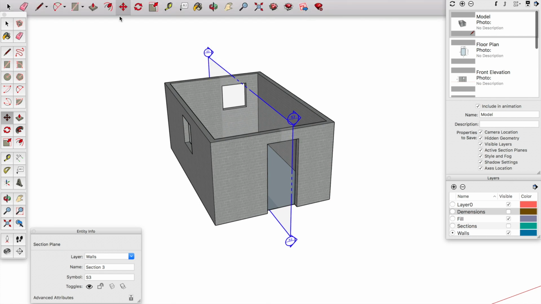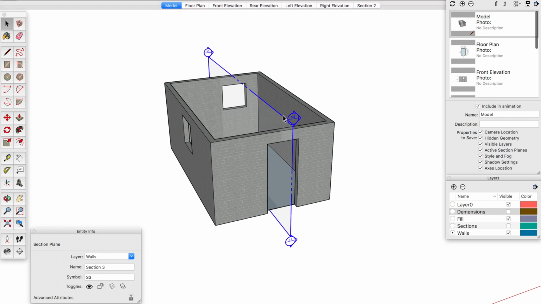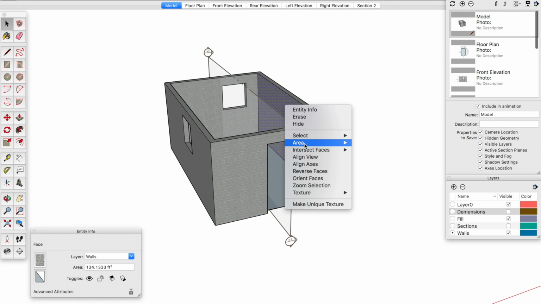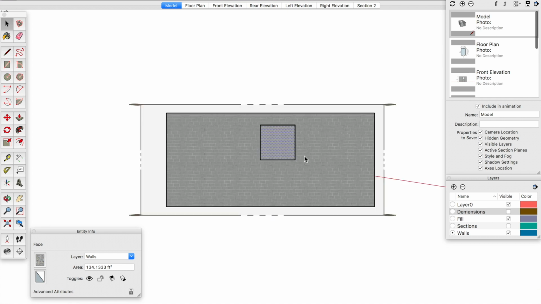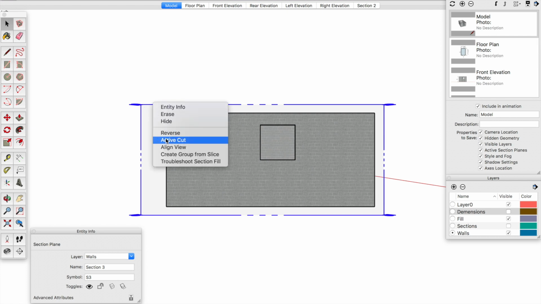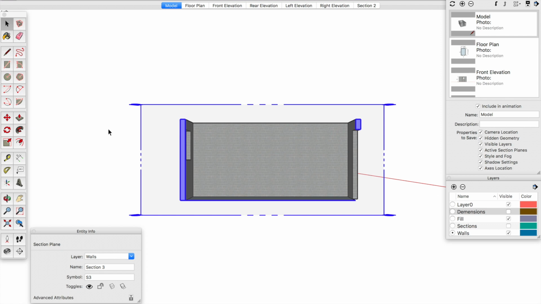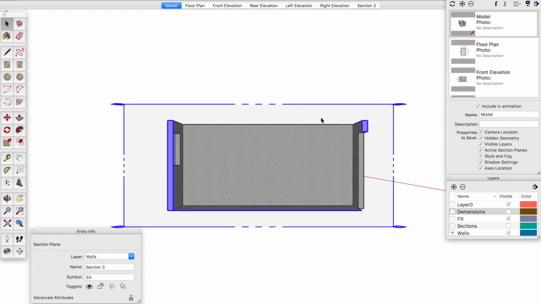And then what you can do from here is right click on this surface and align view. Whenever these are gray, that means they're non-active. So you right click, activate cut, boom. Now it's going to show you the cut. And then what you can do from here is actually make a scene of this. So let's go ahead and make a new scene, and we'll go plus add scene. Let's do this as section